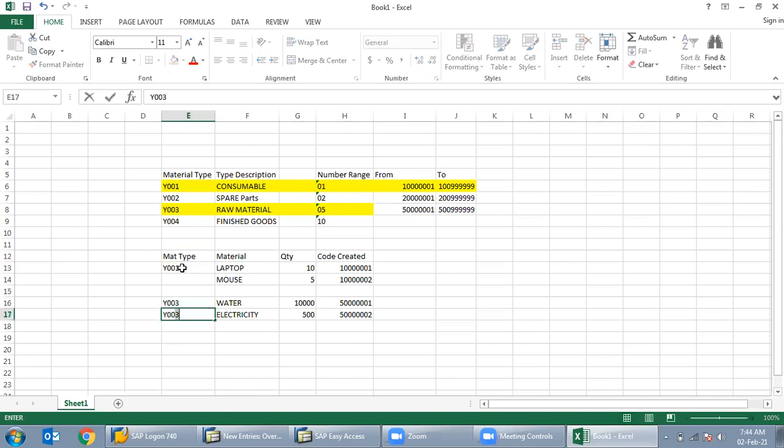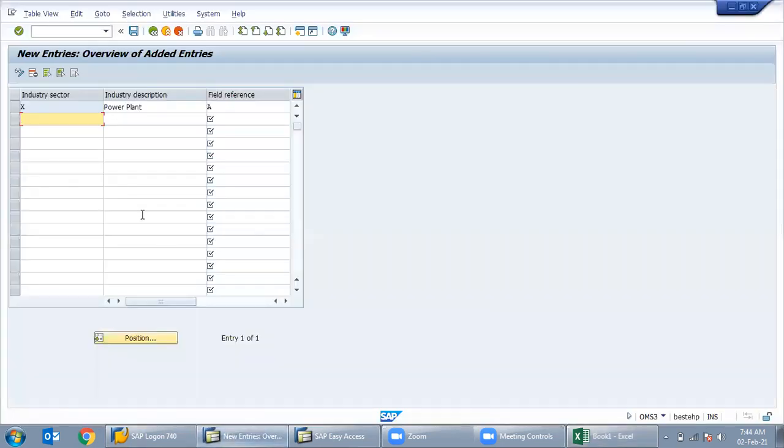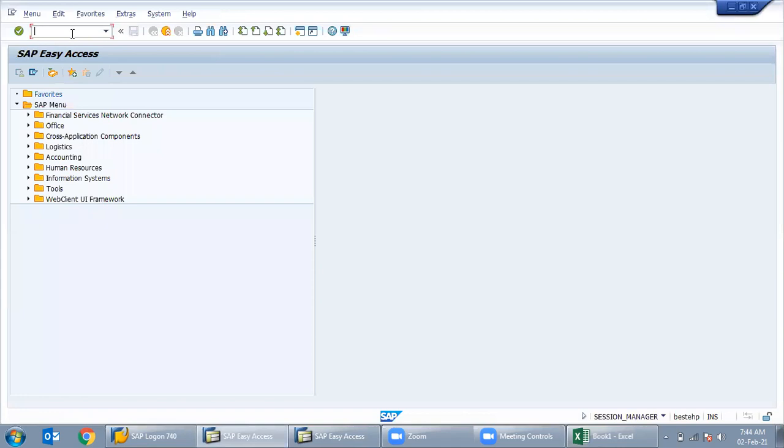This is the configuration part. Now the T code is OMS2.